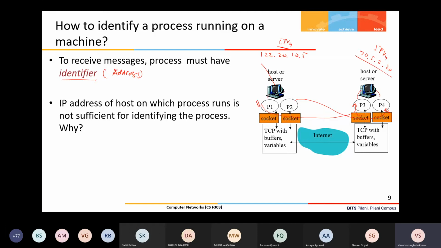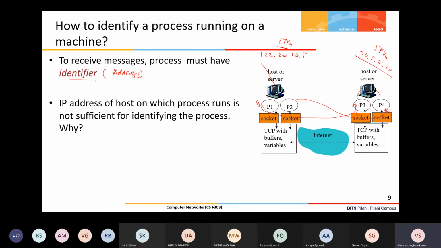Like you have a home, and within the house five people are living, right? Now the postman comes with a letter and says this is a letter for house number 50, and your house number is 50. Who will take this letter? Everyone would have to open it and check whether it belongs to them. That is one way, but it is not a good way to communicate. The letter should have one more piece of information. What information?